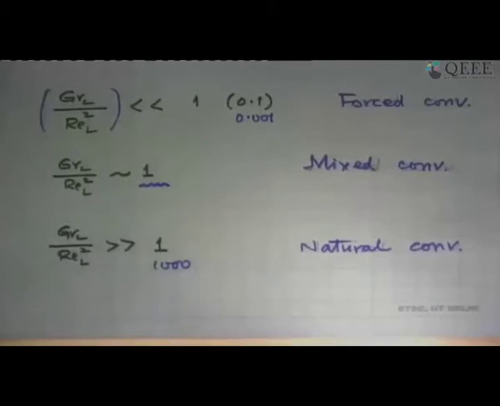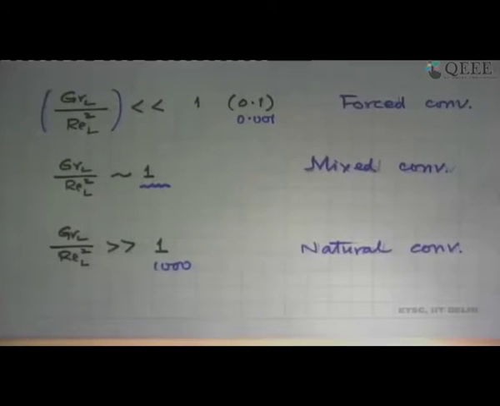So what we have learned now is we now have a complete picture: given a heat transfer problem, how can I decide whether it is free convection, forced convection or mixed convection? If it is forced convection, then what geometry do I take? And based on that, what correlation do I take? If it is natural convection, what geometry do I take here, and then how do I go forward from there? So we have reached that point.